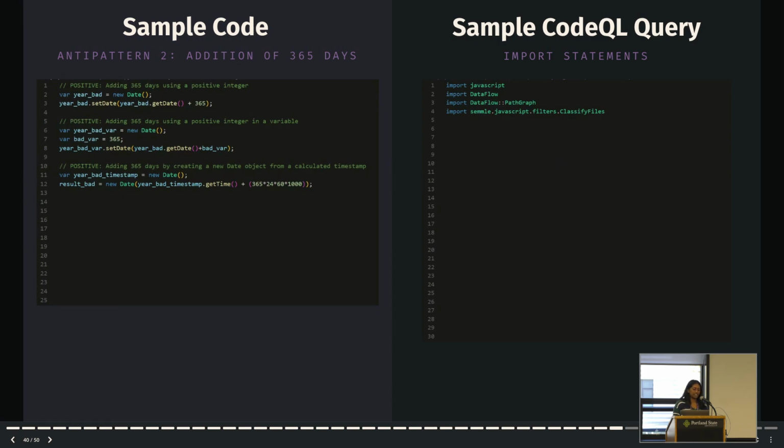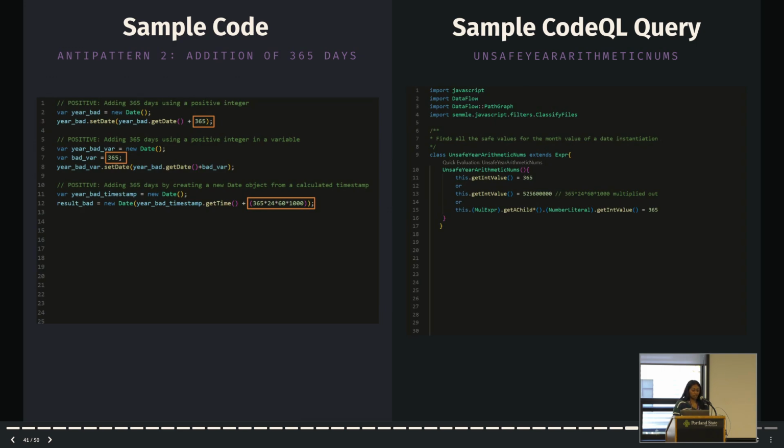Now that we know that, it's finally time to actually start writing that query. So to start, we first have to do the imports. We import JavaScript, as that's the language that is currently being scanned. Each language has slightly different styles of query authoring, so that's a necessary line. The following 2 imports are dataflow and dataflow pathgraph. Dataflow allows for use of the dataflow and taint tracking modules, and pathgraph enables path exploration and visualization of dataflow through the code. Enabling pathgraph allows for the visualization from sources of taint to sink in an interactive manner. Finally, we import classify files to allow for the removal of auto-build and auto-generated files later on in the code.